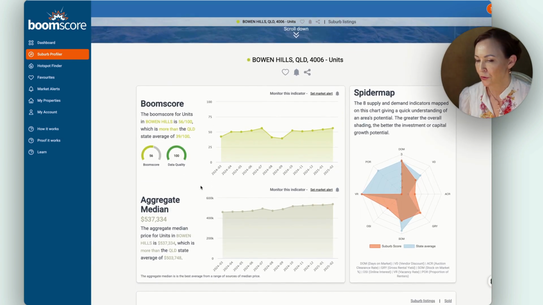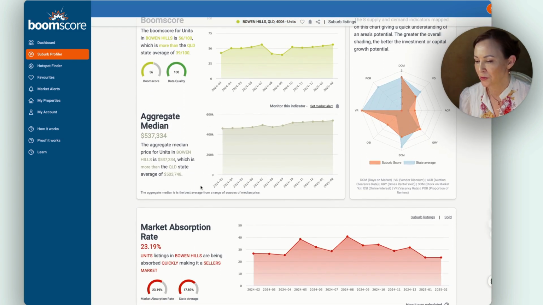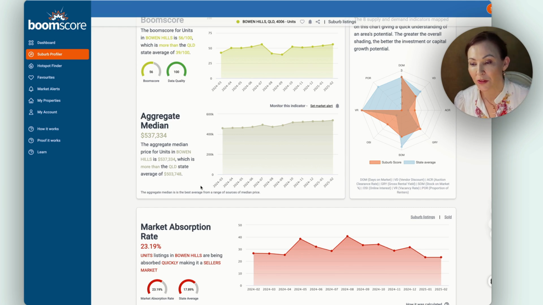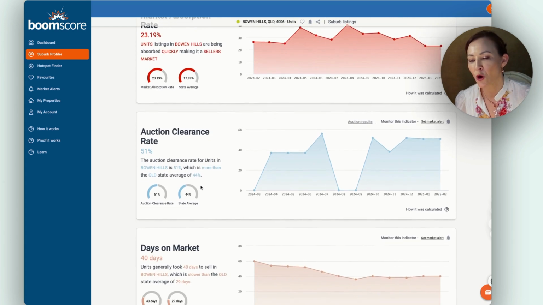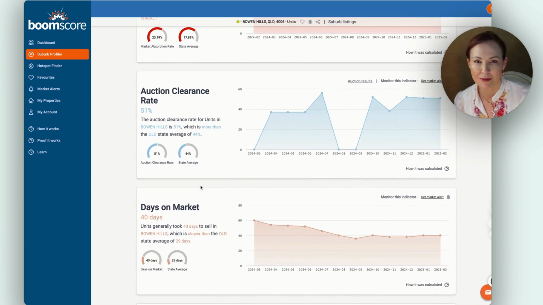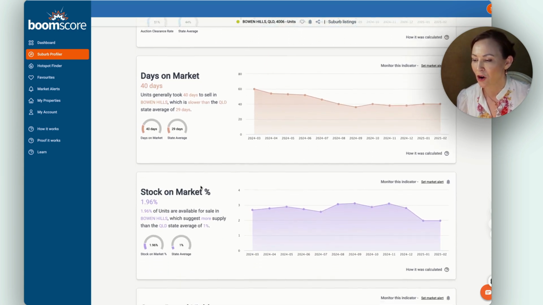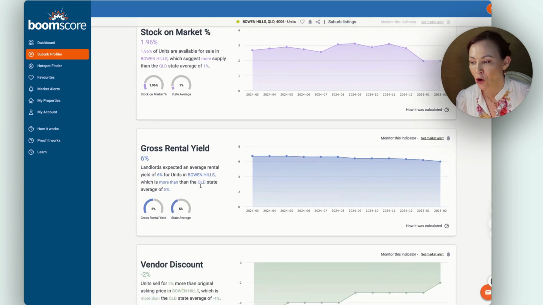So we can scroll down and it's showing this information of Bowen Hills, which is fabulous. This is one of those little secrets that you just need to be a buyer's agent to know about. Or maybe there are some switched on property researchers out there who've already come across this. Kudos to you. But look at this. It's got so much information in one place for free. Days on market, auction clearance rates, stock on market,